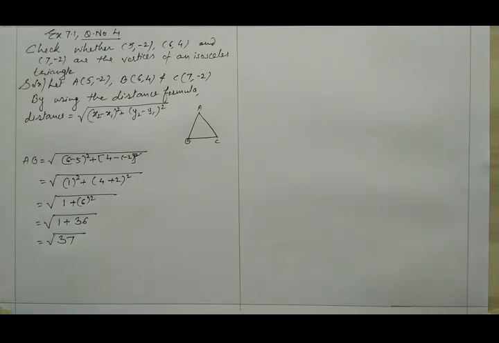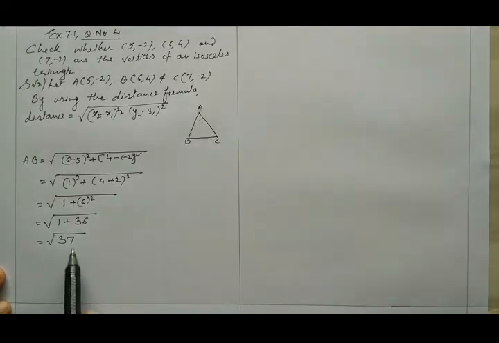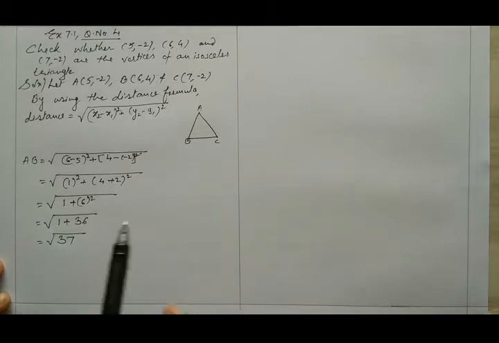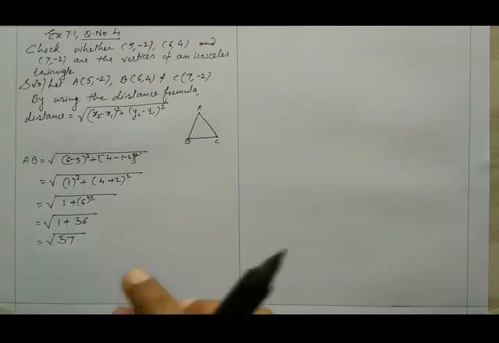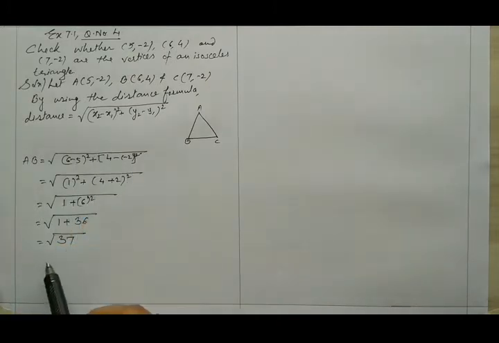Now there is no need to find it up to 1 decimal place. You will ask why. In question number 3 we calculated up to 1 decimal place, because here if any two sides you are getting under root 37, your target is achieved. In question number 3 we had to prove that they are collinear, so the lengths AB, BC and AC should match. For that purpose we calculated up to 1 decimal place.